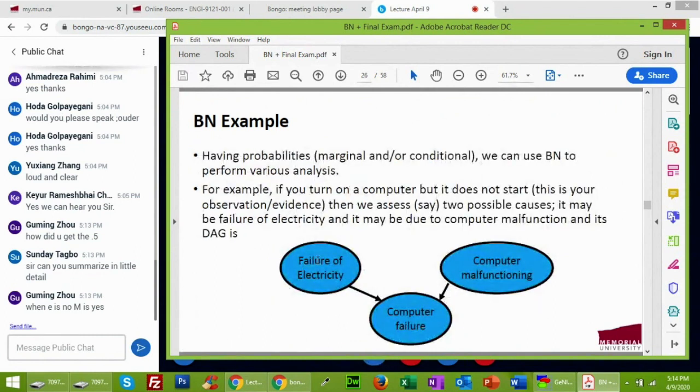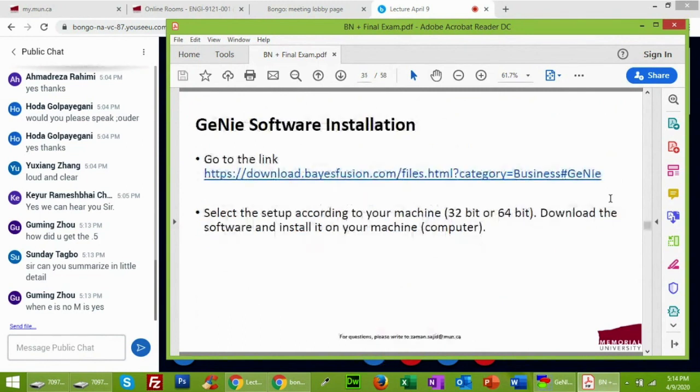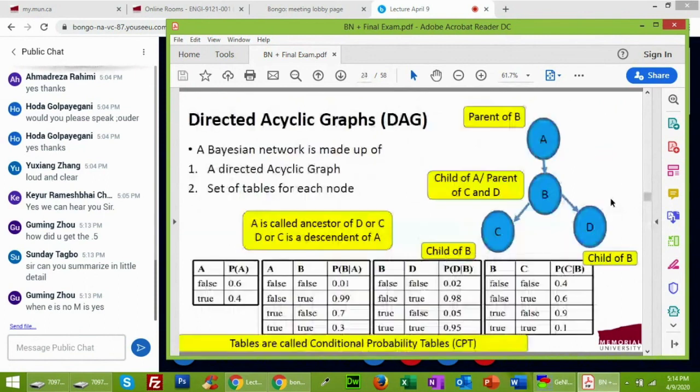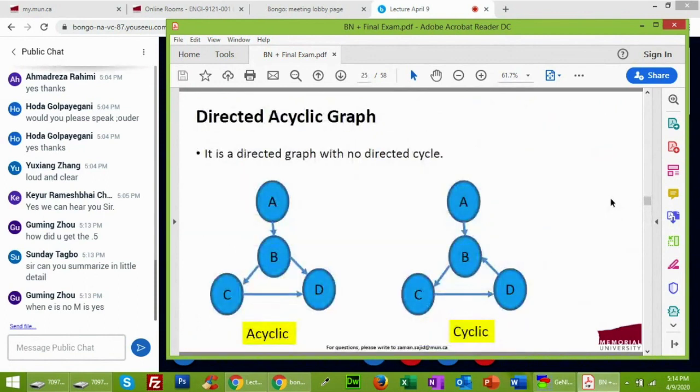If there is no problem with the electricity, but there is a computer malfunction, the probability of starting the computer is always half. Either it can start or it will not start. That's how I get the value of 0.5 here.